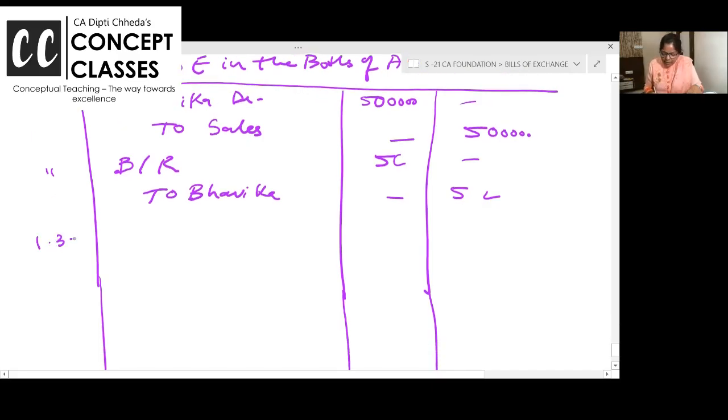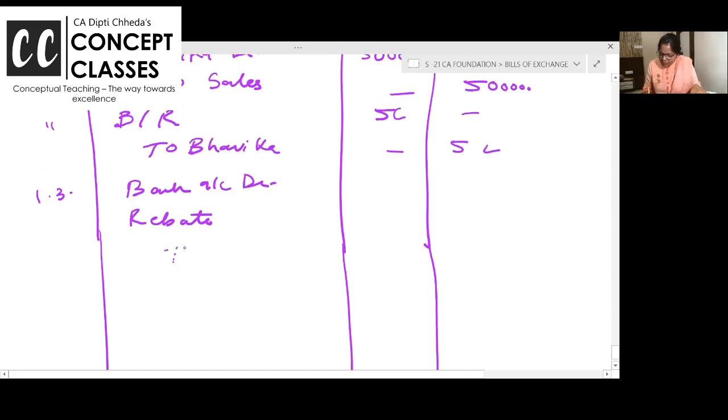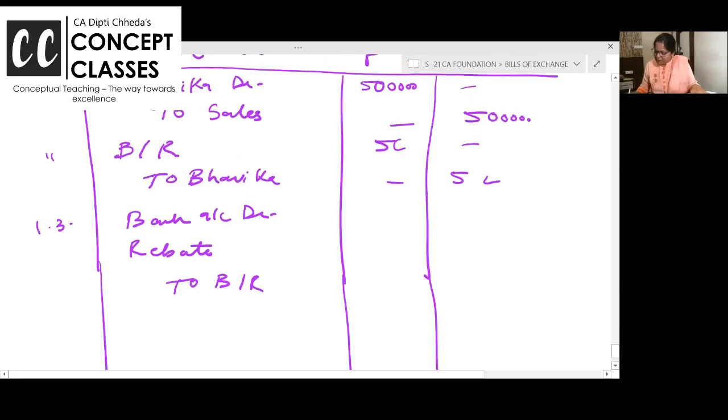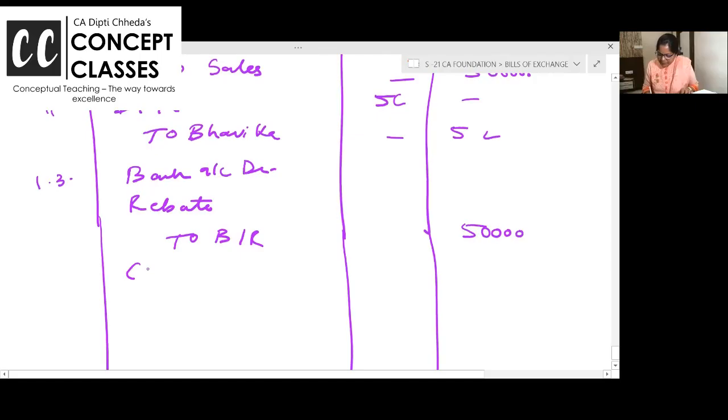Now 3 months is like 1st April. But before that, on 1st March only, Bhavika is making payment. Great. Bank account debit. Obviously, I'll get less payment. Rebate account debit to bills receivable. Bank account debit, rebate account debit to bills receivable. On 5 lakh, how much is it? 12% and